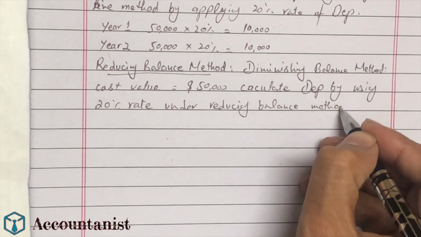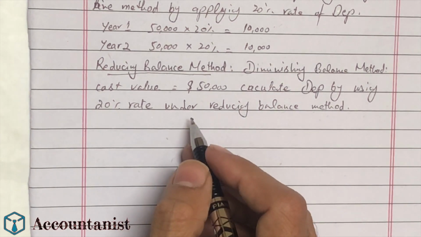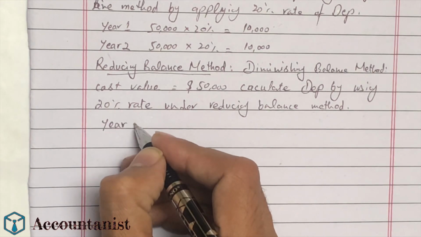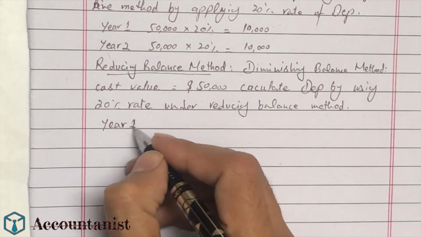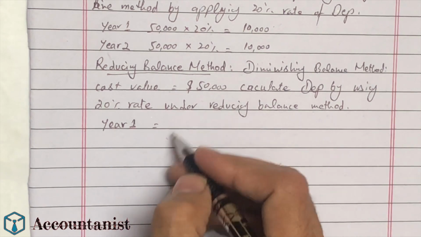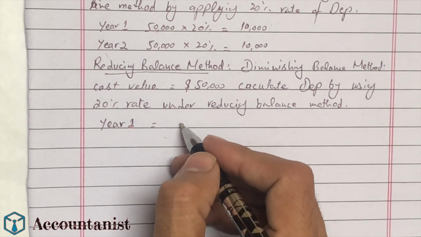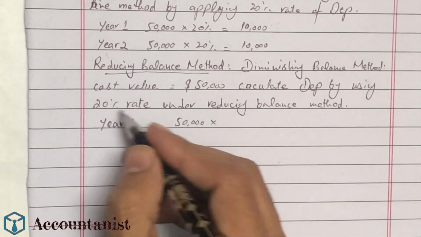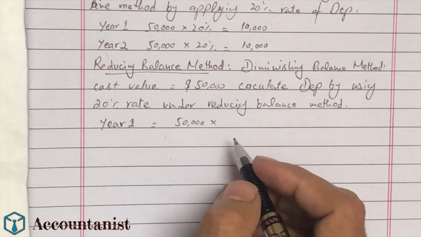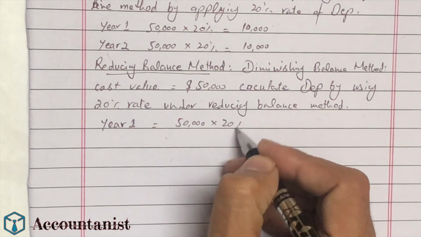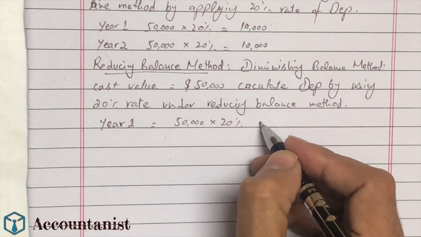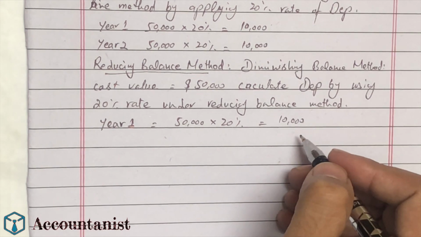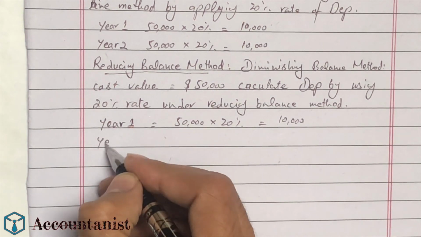So with the reducing balance method, in year 1 we'll calculate the depreciation by multiplying the cost value with the depreciation percentage, that is 20%, which will give us the depreciation value of 10,000. And in year 2,